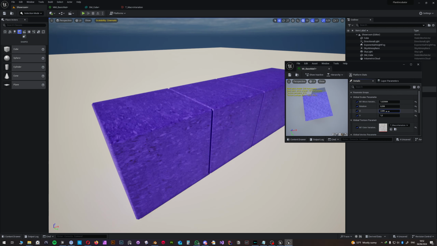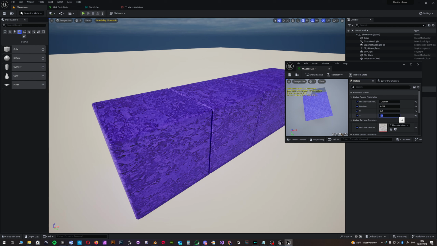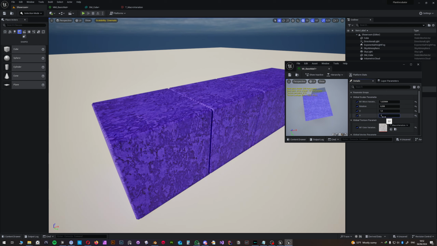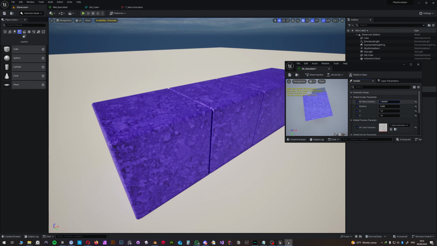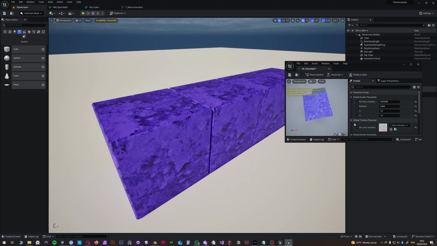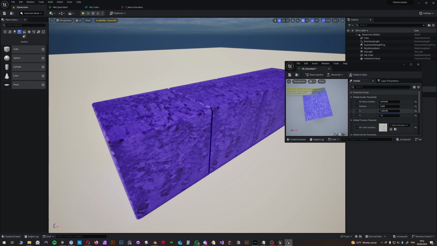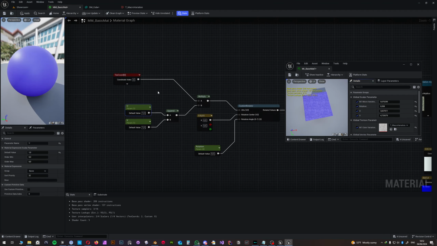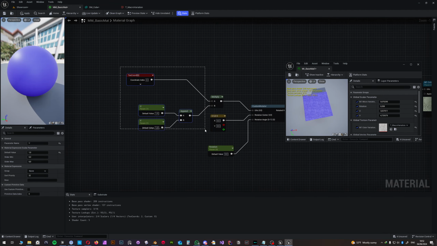Obviously, if you increase this, it's gonna spaghettify the thing. And the more you increase it, obviously the more the texture is gonna start tiling. But we don't want that because we have this micro variation thingy. Now, keep in mind that this UV, if you start increasing the amount, is gonna obviously start tiling the texture further, but it's not gonna only tile the micro variation, because this is gonna be the main driver, this right here,